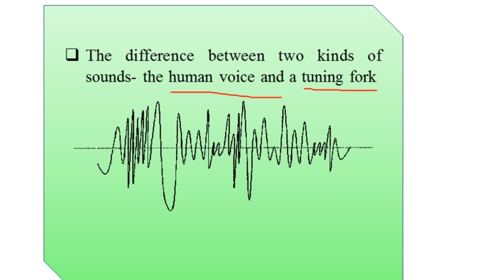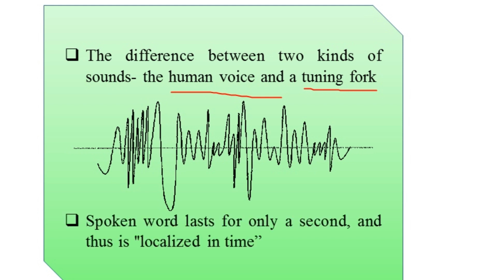Now from this particular example, if you would like to characterize both of these parts, let us have attention to the spoken words, a part of human voice. We can say that the spoken words last only for a second as I speak. It takes very little time, and thus we can say that such a signal part is localized in time. So this term to characterize the spoken word signal is very important. Here I mentioned localized in time.